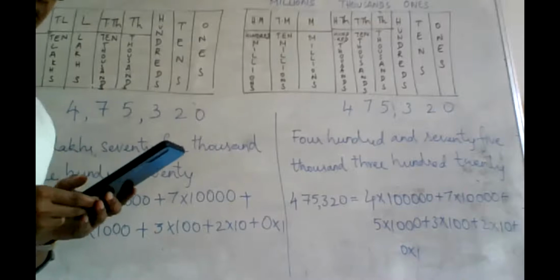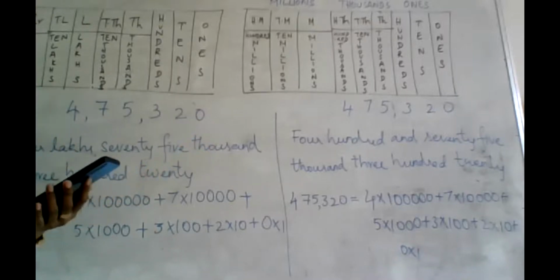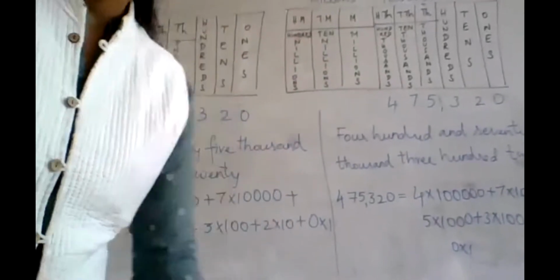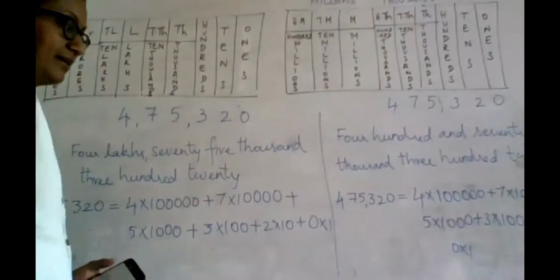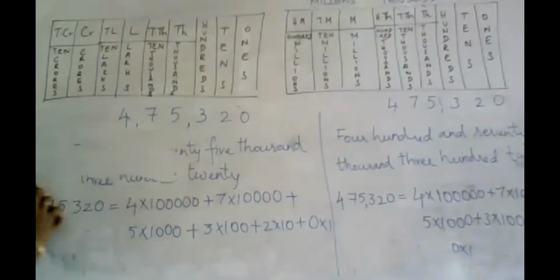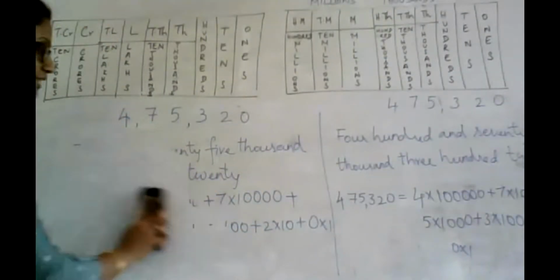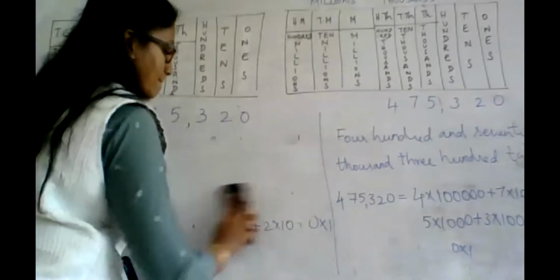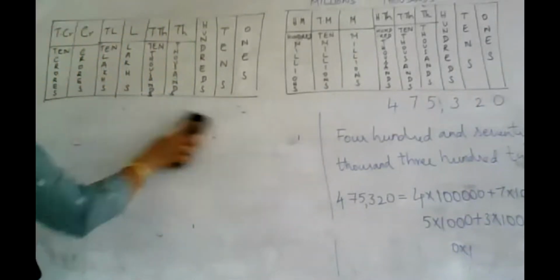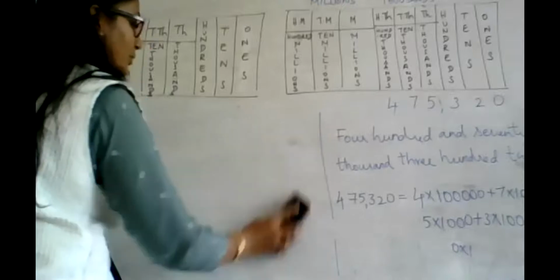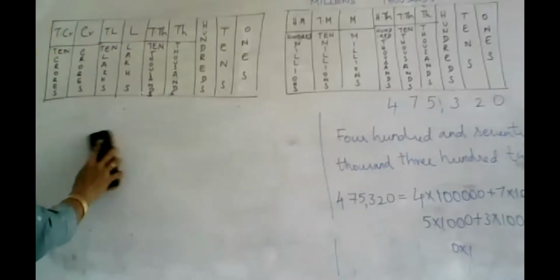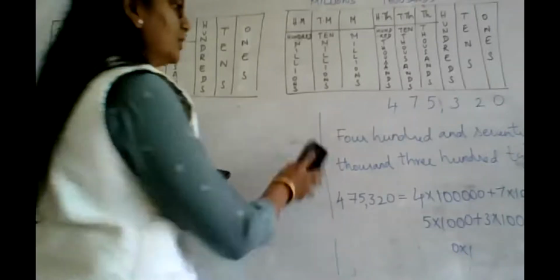Now there are other numbers given which we will try to write down now. I hope this is understood. So we will move on with an example of another number here. Let me clear the board so that I am able to write it and show it to you. Now we will first do it in the Indian system only. Then we will come back to the international system.